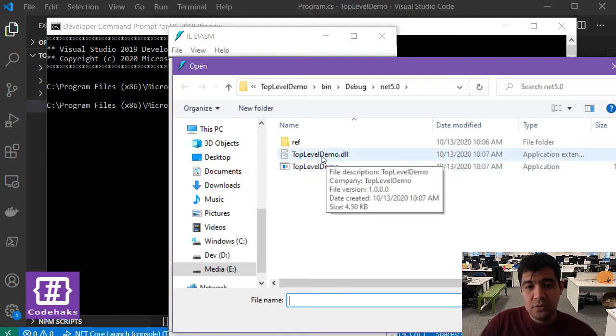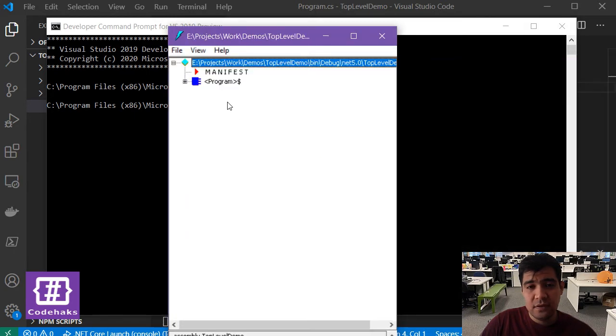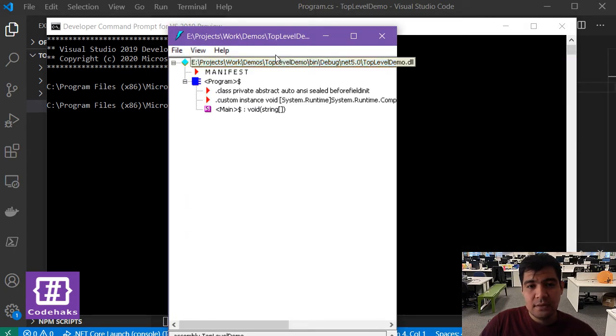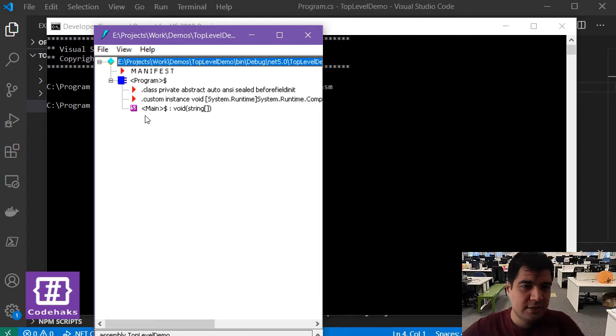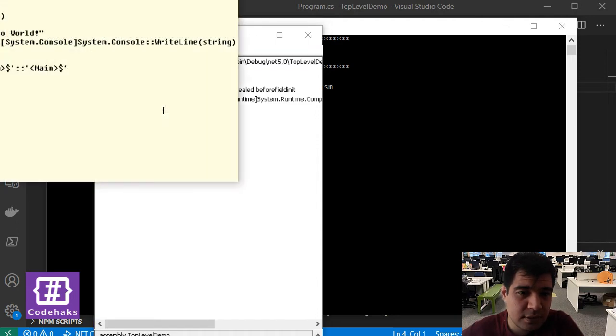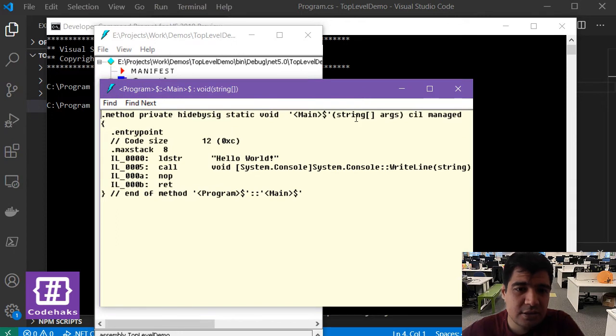We are going to use the DLL file because it's in such a way that you can disassemble using ILDASM, and you can see that the class is here and the main method is here. It's just generated in the background. You see, there's no magic happening,